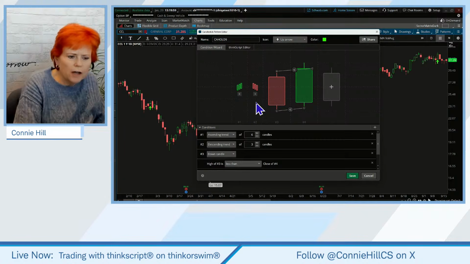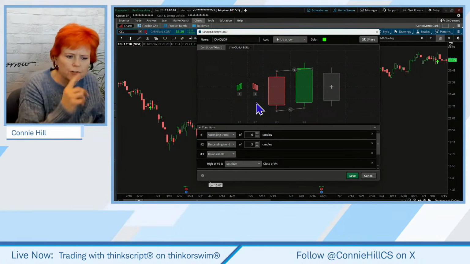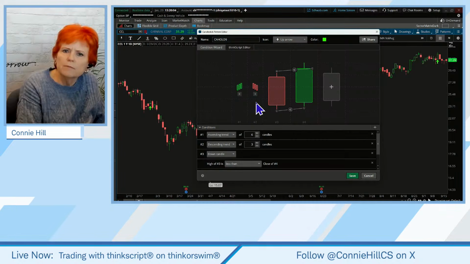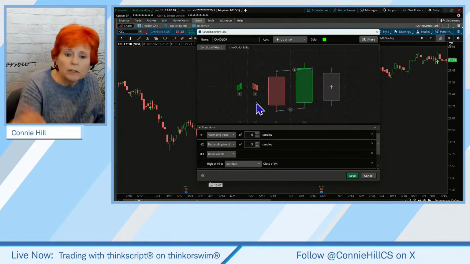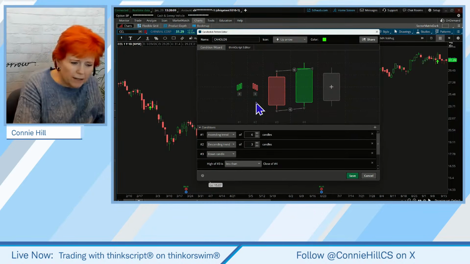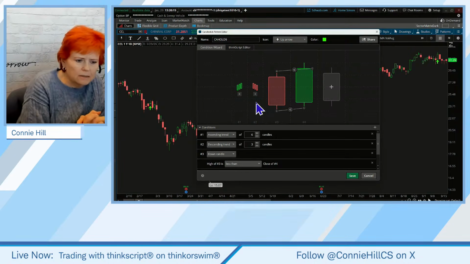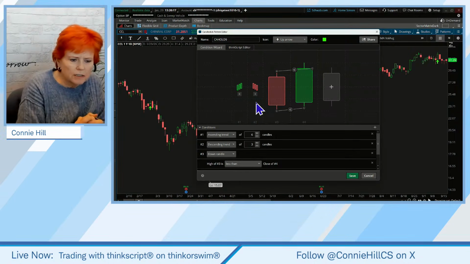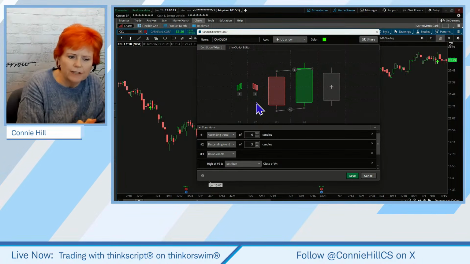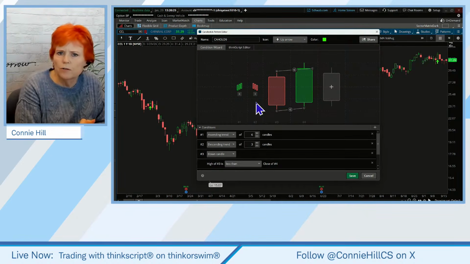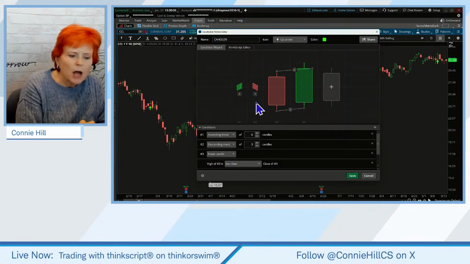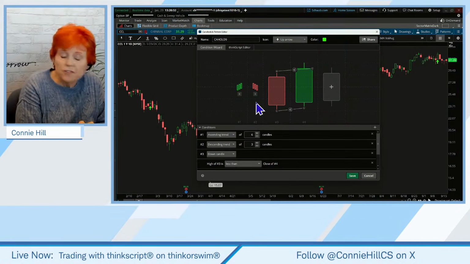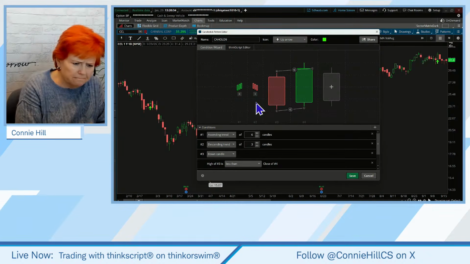Can this work for drawing tools? Stanley, I'm not sure what you mean by that. You can allow it to put the arrow on your screen, but I don't think that's really what you meant. Patito says, can we associate this to an alert when it triggers, to send a notification? Ooh, that would be pretty cool. That is not something I've experimented with either, but a very interesting thought. I'll have to think about that one.